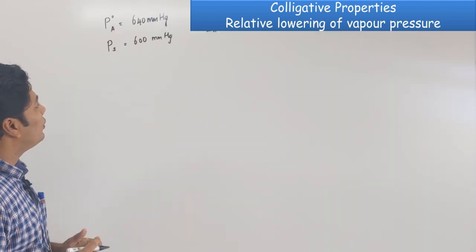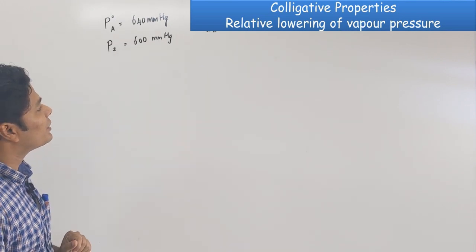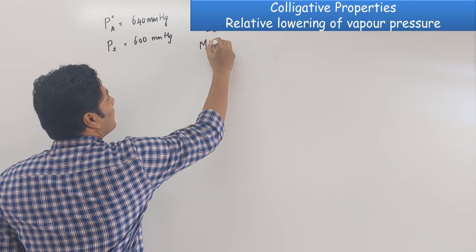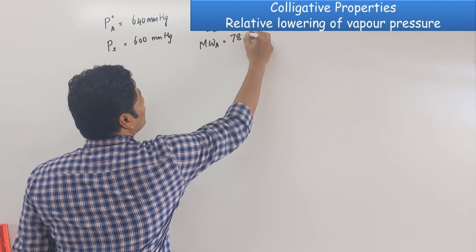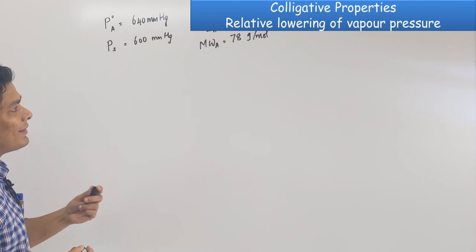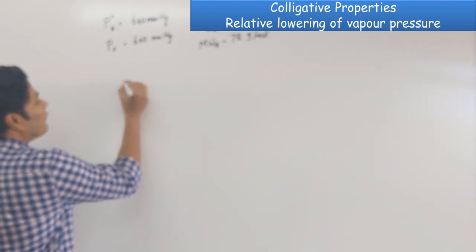I have tabulated the values with appropriate symbols. They are asking you what is the molecular mass of the solute, the molecular mass of solvent or benzene. This is something you have to remember. It comes for many examples in NEET and JEE. It's a very good solvent for calculation purposes. Now, what we know from relative lowering of vapor pressure is